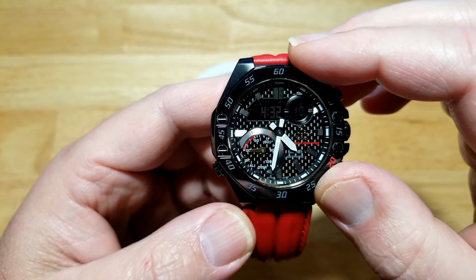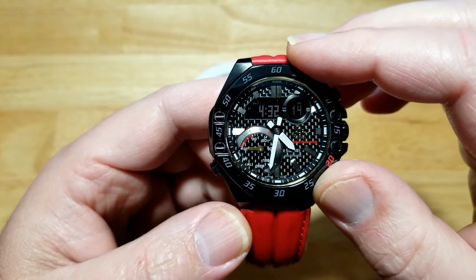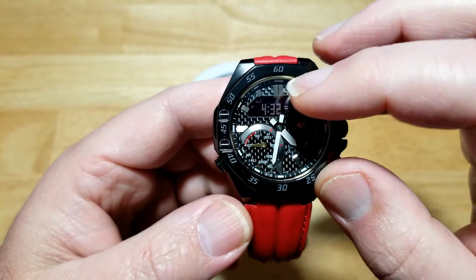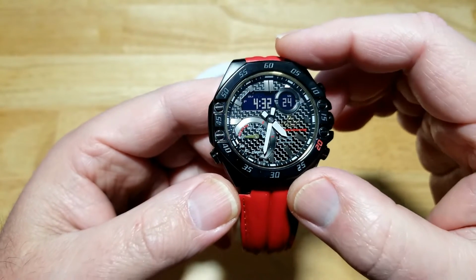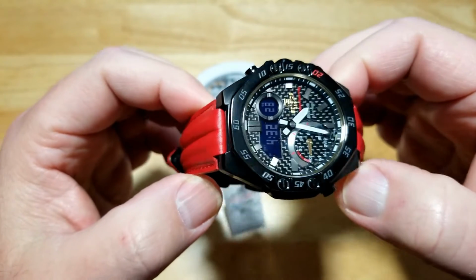That shows you the world time stuff, the alarm, and some other stuff. And then you have a subdial up here at like 2? And then you have another subdial up here at, I guess, basically 12. That's your digital display. I mean, it's a pretty simple watch to operate. I like it. I'll go ahead and show you just the basic functions, but let's just take a look